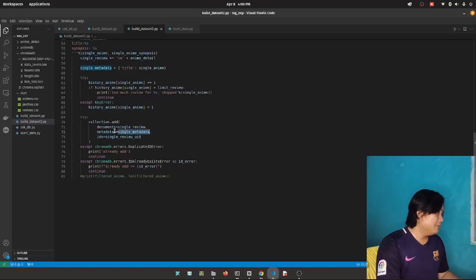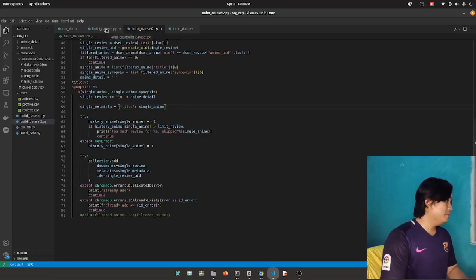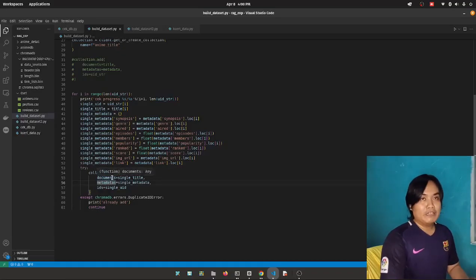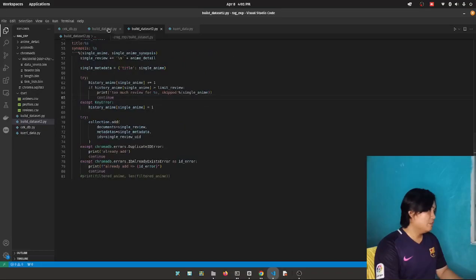And in this script, the metadata is just a single title. So it's the opposite of the first script, where the title is the main content for the document. Here, the title is only the metadata. I can run this, but it will take a long time and be time consuming for